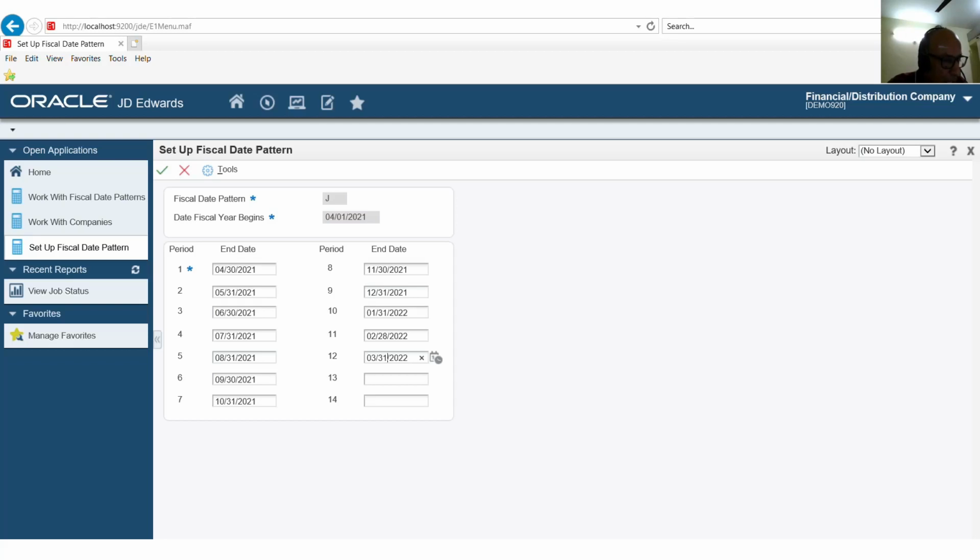And once I was practicing in the demo, and I found later on, I don't know whether it was multi-currency or something like that, I did not create the previous year. It is my own experience. There is no explanation in JD Edwards documentation. You won't find any explanation on this. But I did not create the previous year, and I was going to post a particular voucher batch. Then the system said the previous year is not defined.